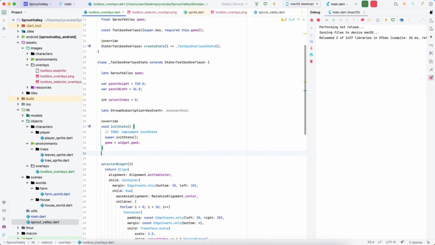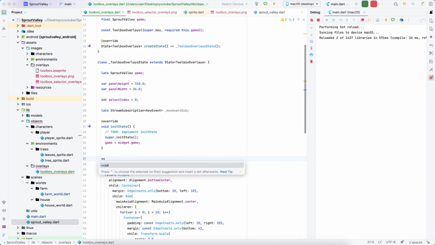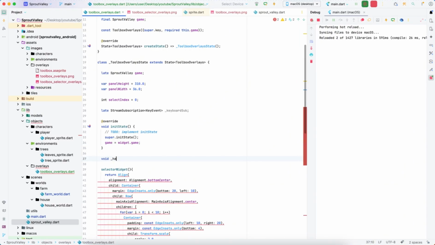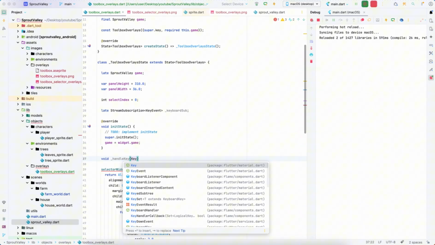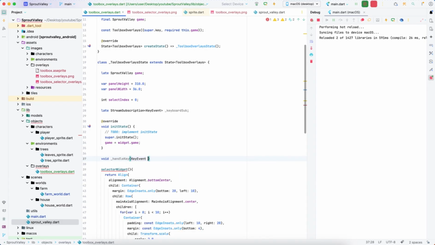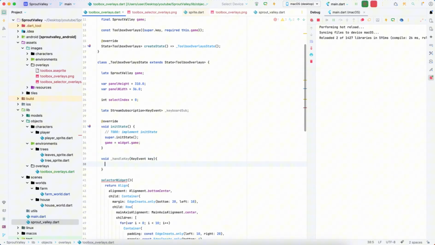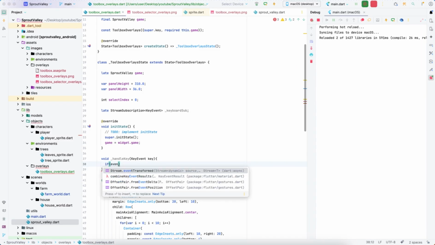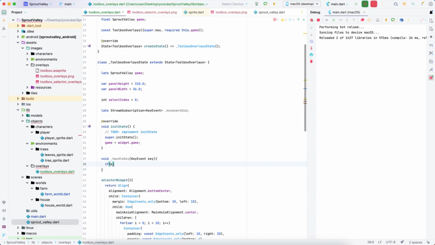So I'm going to create a method called handle key. This accepts parameter key event, and then this is key. So I'm gonna check if event, sorry,